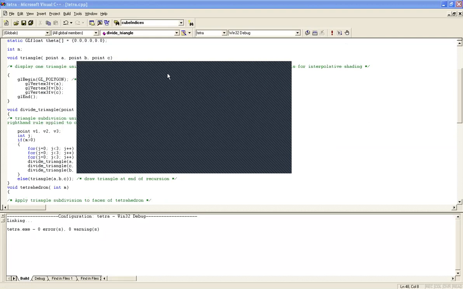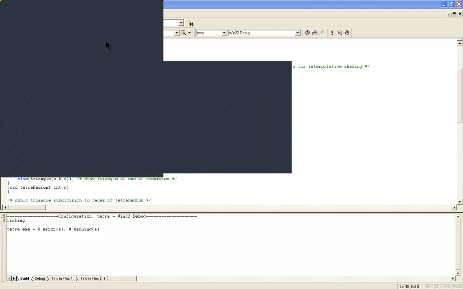Okay, so as you people know, when I give 0, see what happens. The triangle has not been divided. You people can see here only the vertices have been joined. So this is how things go. This is one vertex, second, and third. Since I called GL_POLYGON, all the 3 vertices have joined.